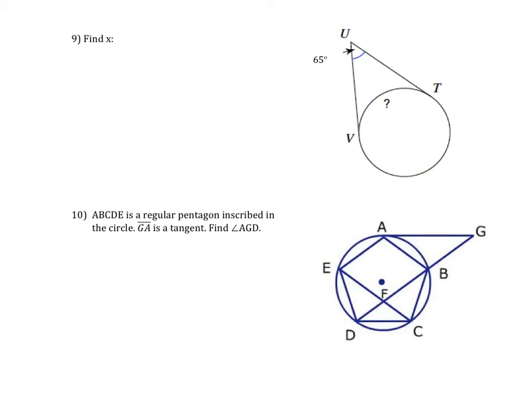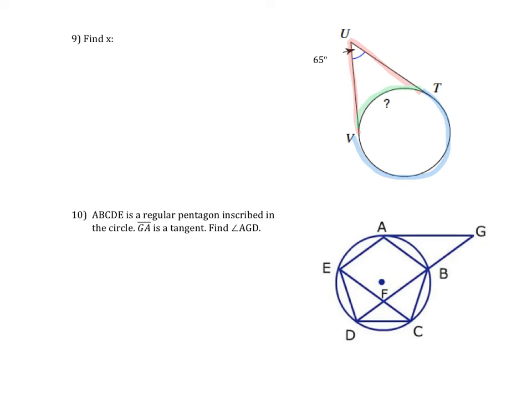All right, we're up to the last two questions. Number 9 looks like we don't really have enough information, but we actually do. Here we have two tangents that are intersecting outside the circle. So we have these two tangents here. And we know that angle is 65 degrees. And then there's two arcs. We have the far arc out here and the near arc here. And we don't know those numbers, but what we do know is that the total of the two of those